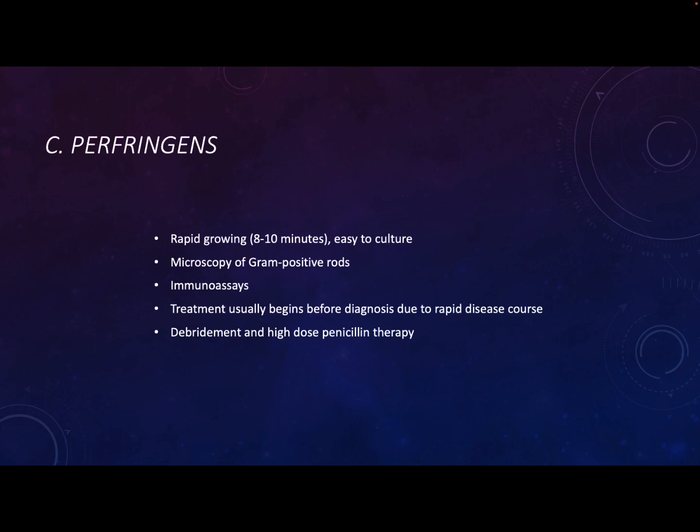For patients who have the skin and soft tissue infections, you want to do debridement of the wound. So you have to remove all of the necrotic tissue to expose the healthy living surface. For patients who have wounds or burns that need debridement, this is one of the most painful things they go through, because you expose all of that healthy tissue and the nerves and everything, because you have to get rid of all the dead stuff. And high-dose penicillin therapy. Anywhere from 40 to 100% mortality when you have one of those more severe, complicated forms.